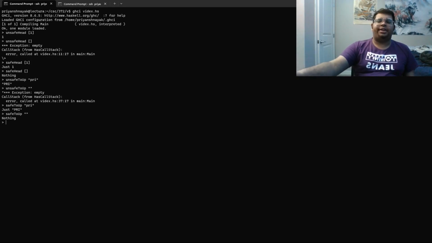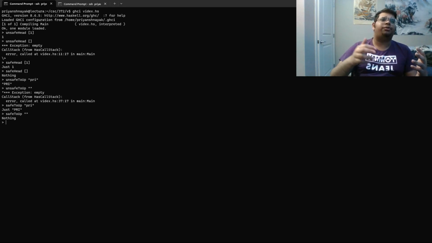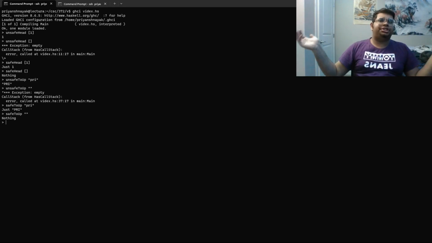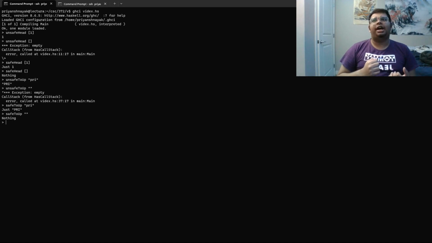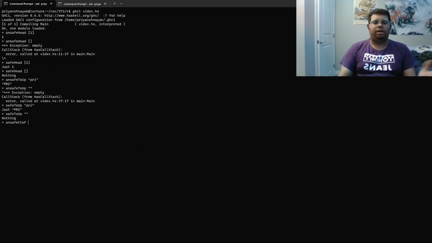I'm specifying that I have a bunch of edge cases when I'm building up my code, and they're not supposed to be, like the user is not supposed to do that sort of task. It's not supposed to make the function do some really outrageous task that I don't have the functionality to handle. And it's really neat to do so in production when you're working with much larger programs, much larger libraries. So let's look at this unsafe C2F. We know that if a temperature goes under absolute zero, so let's just give it 900,